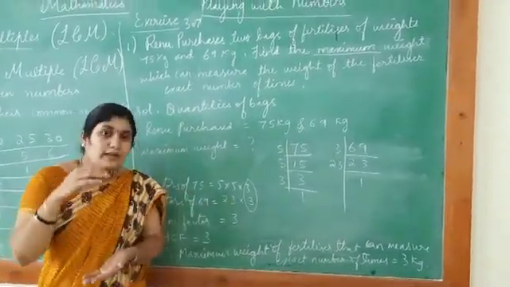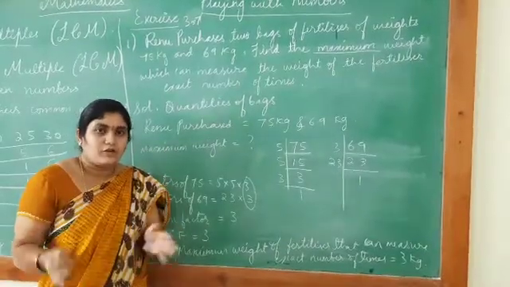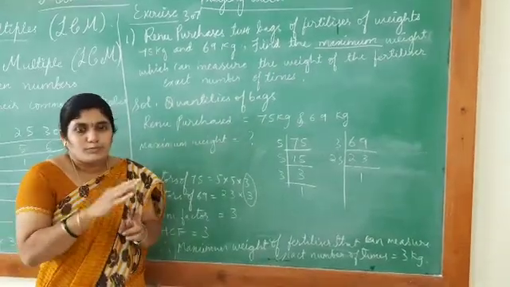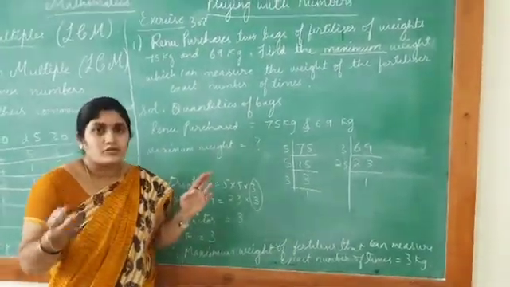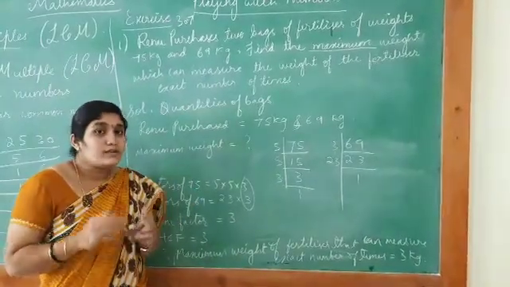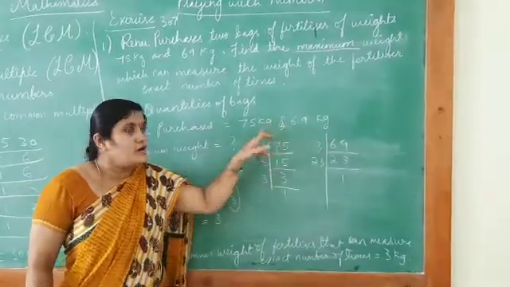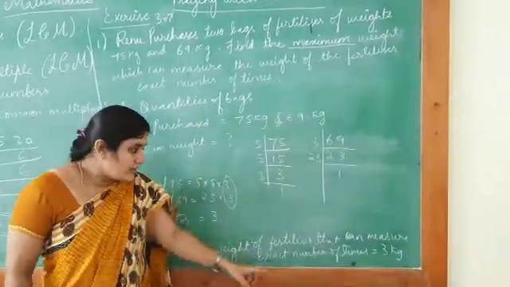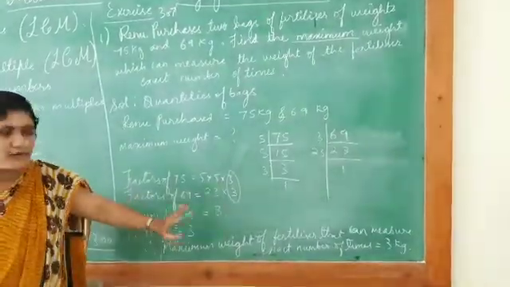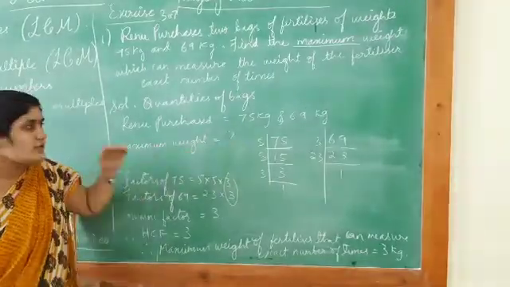Then if you consider 10 kg or 5 kg boxes separately, and if you pour the rice from the bag to the vessel, that vessel should be used for more than one bag. For example, if you consider 1000 and 2000 bags, both bags should use the same vessel. Here also it is the same thing: 75 kg and 69 kg are the 2 bags which are going to use a single box quantity. Here we are considering a box because in real life applications we generally use boxes to fill the quantities.